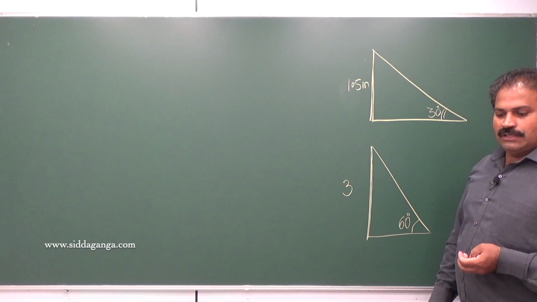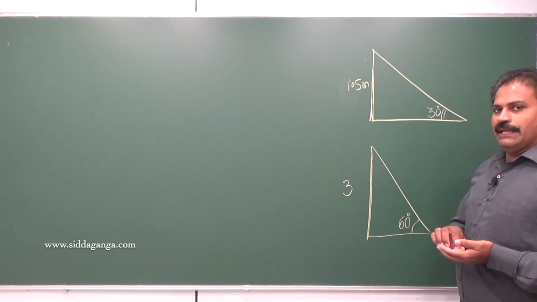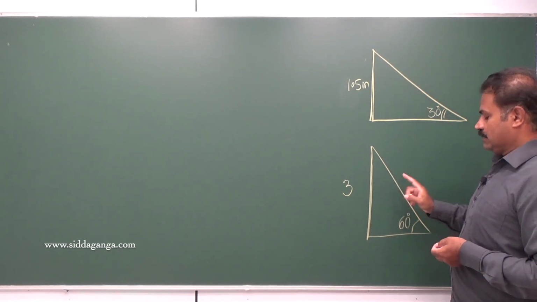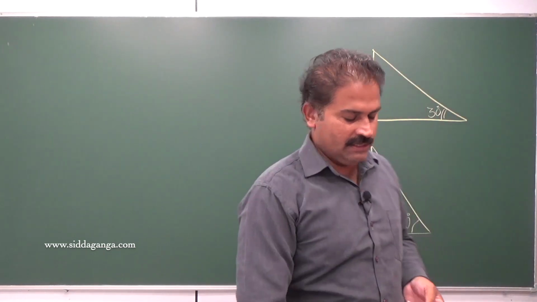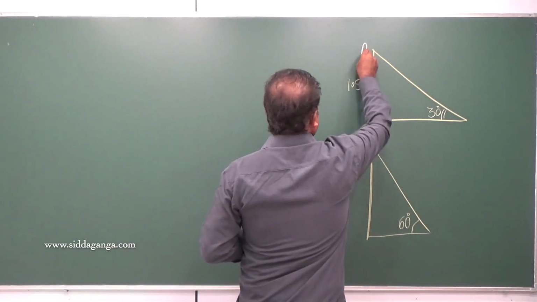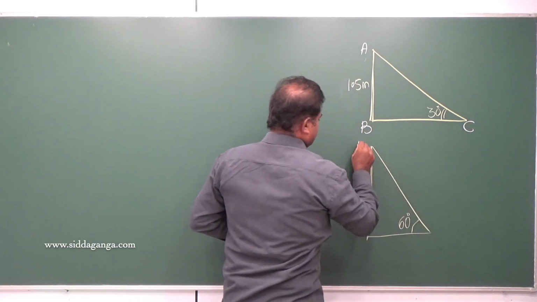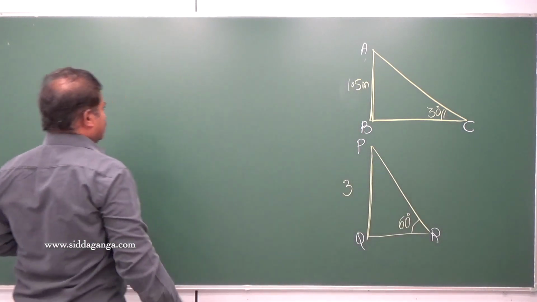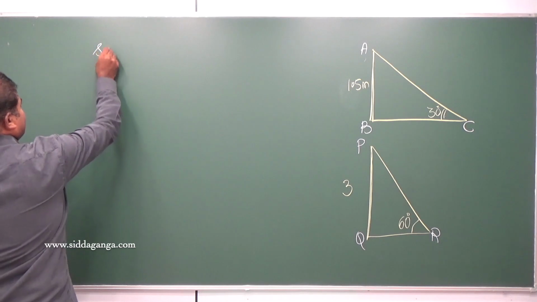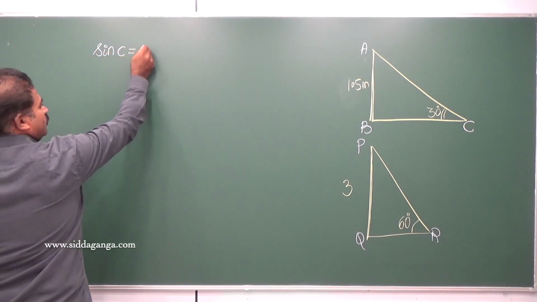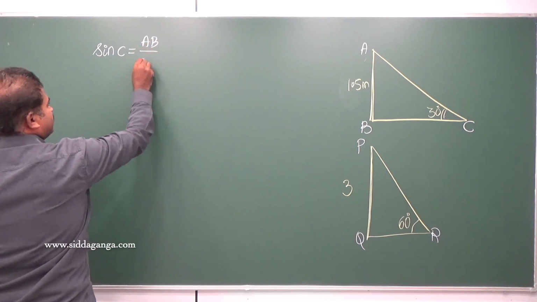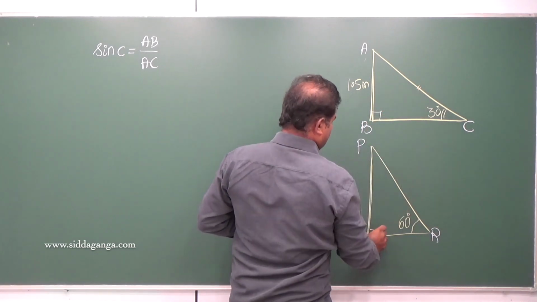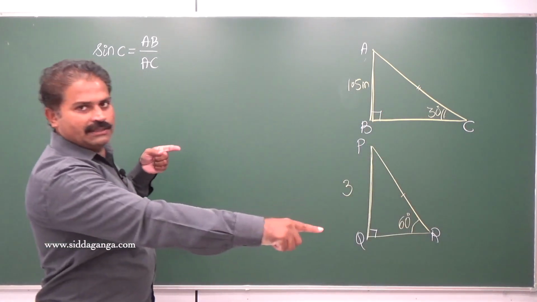Okay. Now you need to calculate what must be the length of the slides in each case. So how are you going to proceed? In the first case, we'll take a name for this triangle, PQR. So you have angle 30 here and you have the opposite side. So what are you going to do? You can take sine C, which is equal to AB divided by AC. Why are you calculating AC? This is the hypotenuse and this is the length you need to find out in both the cases. So that gives you the length of the slide.